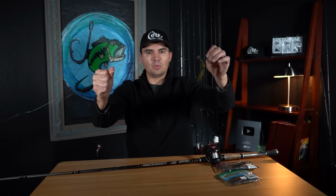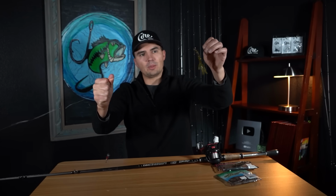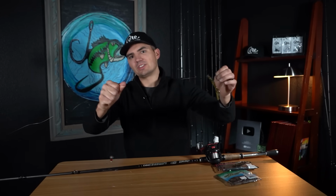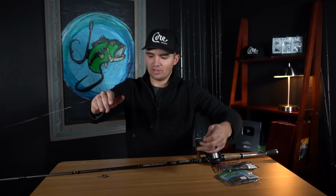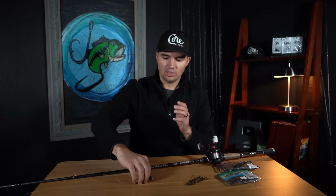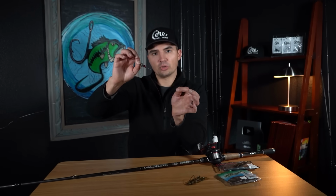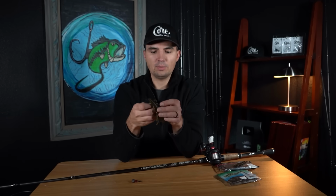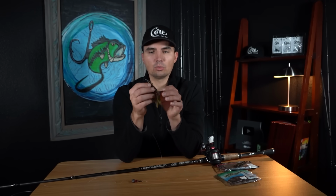Let's just go like this. You're waiting for that line to be fully taut. You're waiting for them to pull back on your bait away from your weight. Then you're going to set that hook, and you have to have a lot of momentum and a lot of pull because you have to connect that force through your weight, through your swivel, and through your leader line into that bait. That's why I really like throwing these round bend hooks, not an EWG,